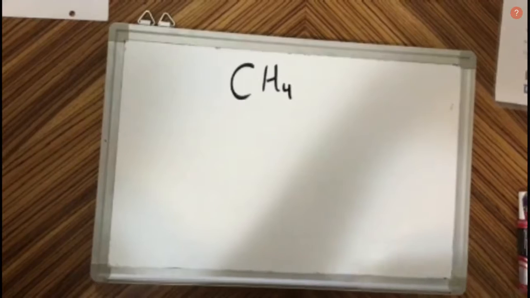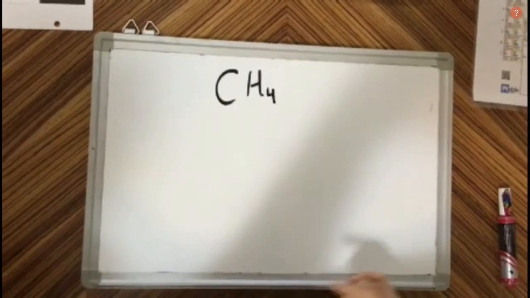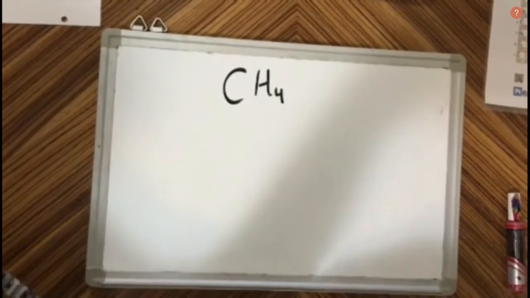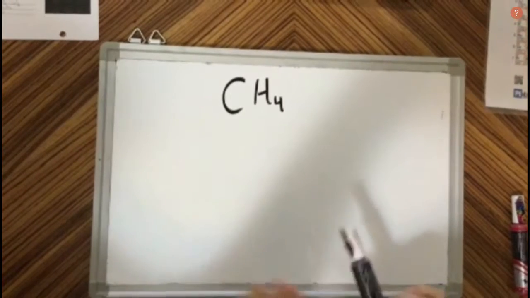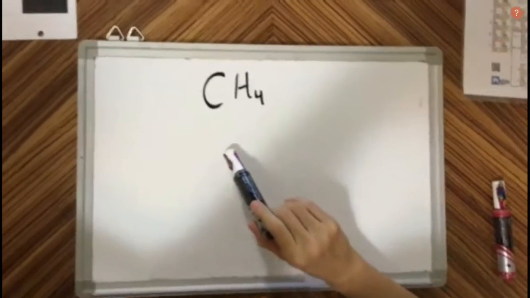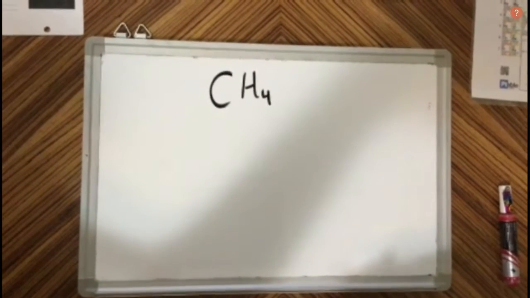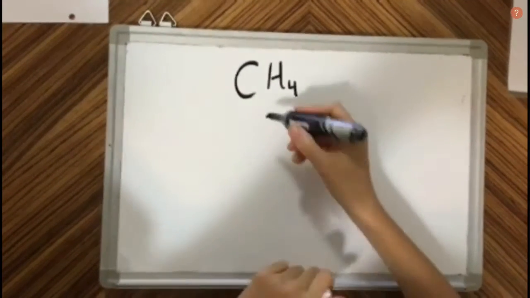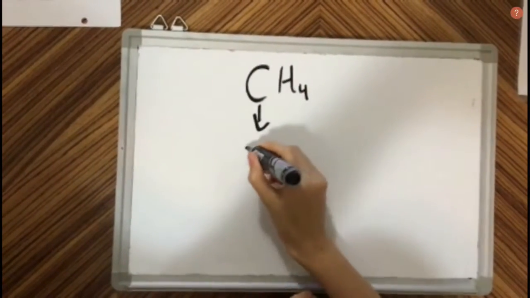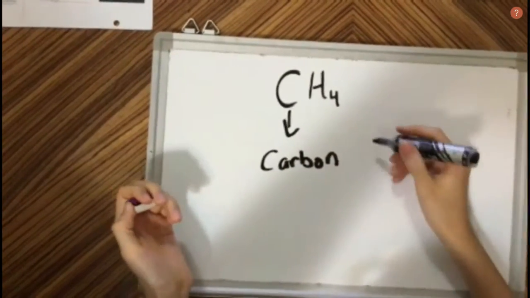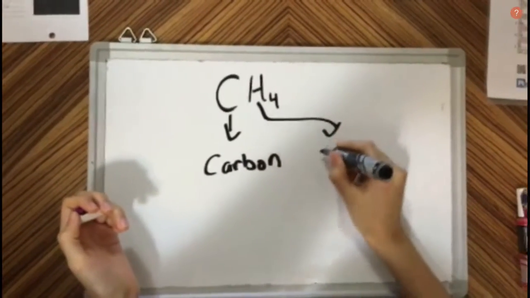Naming compounds. Alright, so the first thing we do is look at the elements in the compound. If it's only nonmetals, then it's a covalent bond. If it's a metal and a nonmetal, or if there's a polyatomic ion, then it's an ionic bond. But right now, we're just going to do binary covalent compounds, which means that there are two different types of nonmetals. First, you write the name of the first nonmetal. Here, it's going to be carbon. And then we write the name of the second nonmetal. And here, it's going to be